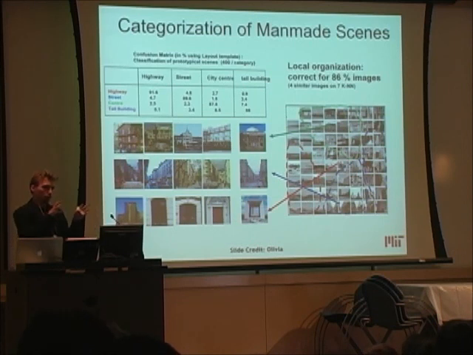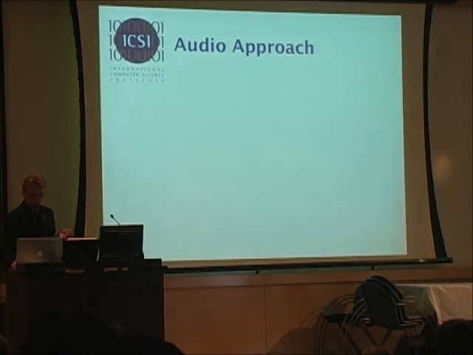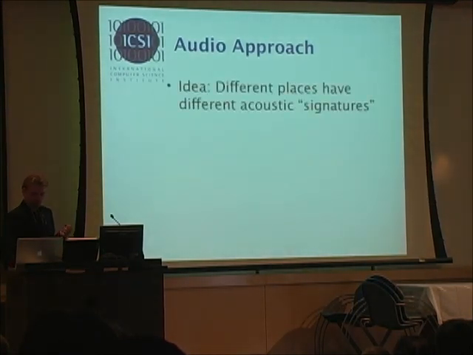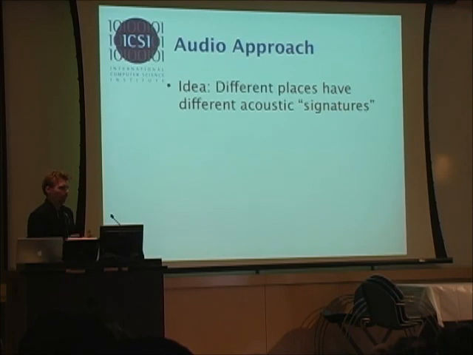I'm giving you the preliminary experiment first, before I give you what we do now with audio, because I still find it very interesting that this works at all. So what we did is, we said somehow audio must be geographically indicative as well, right? For example, ambulances have different sounds in different cities. If you have a river flowing, that's indicative of a river. Birds singing have different song structures.